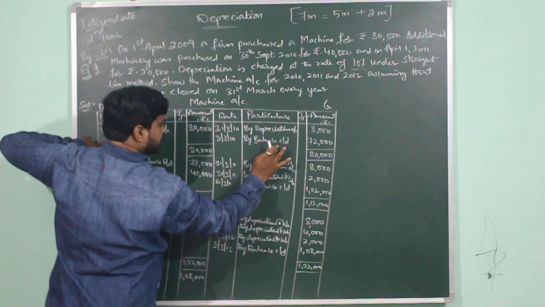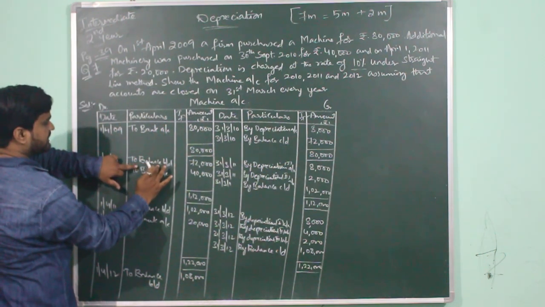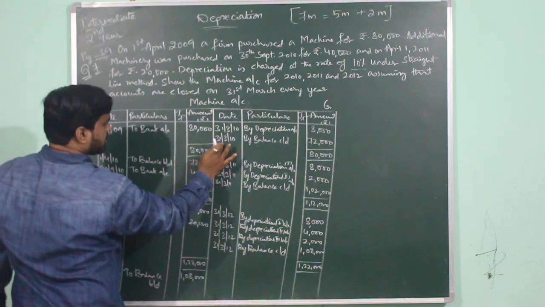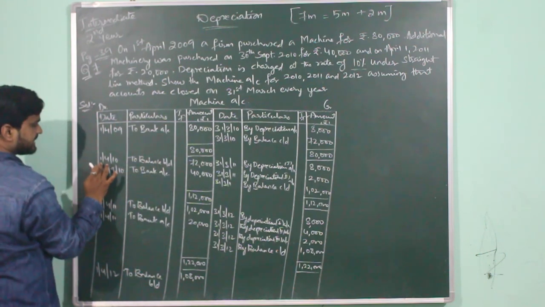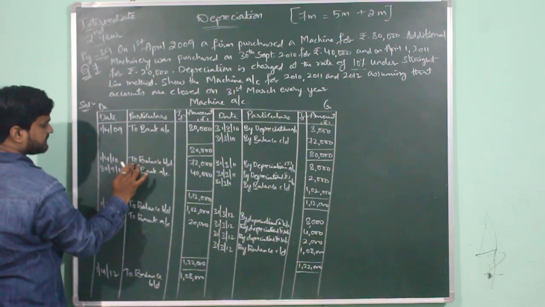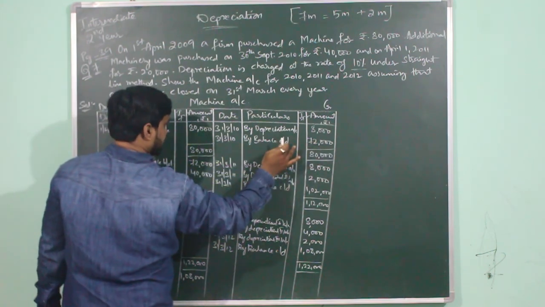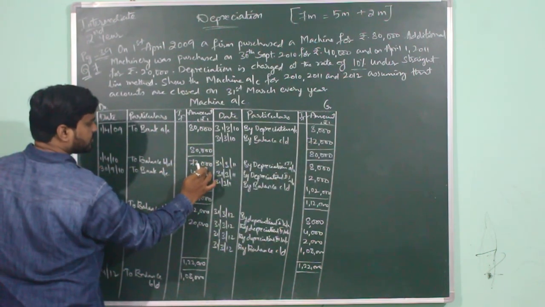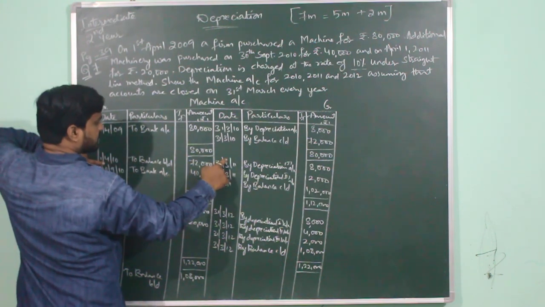Whatever is the closing balance at the end of the first year, it becomes the opening balance for the beginning of the second year and it will be recorded on its immediate next day after 31st March 2010. The immediate next date is 1st April 2010 which will be written as to balance brought down 72,000, which we have carried down here. The same amount will be brought down here as 72,000. This financial year will be ending on 31st March 2011.